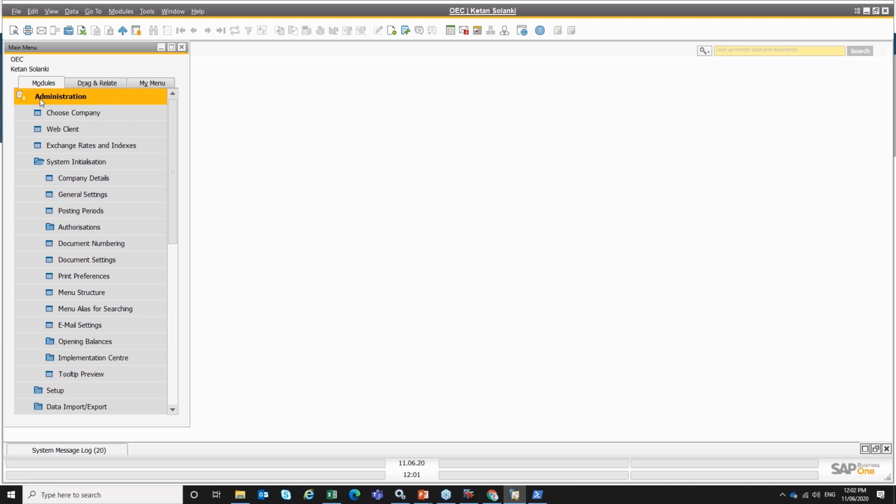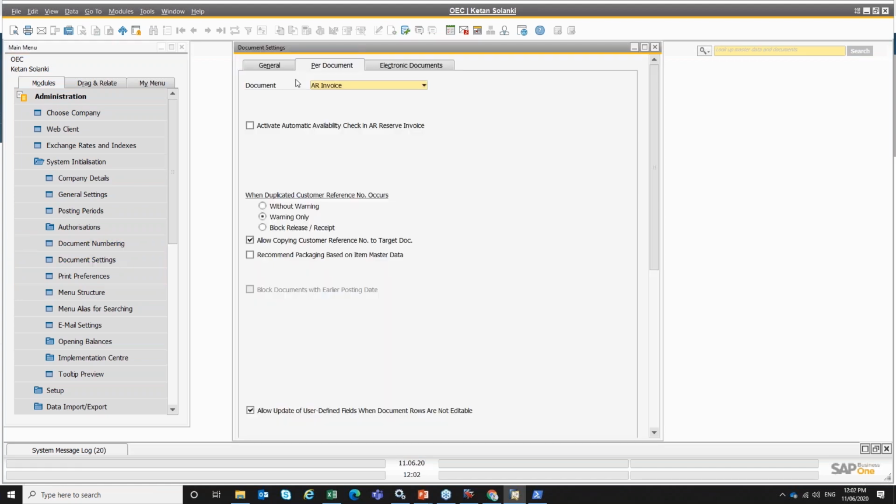The next one I really like, and this one wasn't there in the original release. This came out with patch level 1. It's the ability to edit user-defined fields on a transaction row after it's been added. There's a new setting by transaction type. So per document, so here in my case, I've got